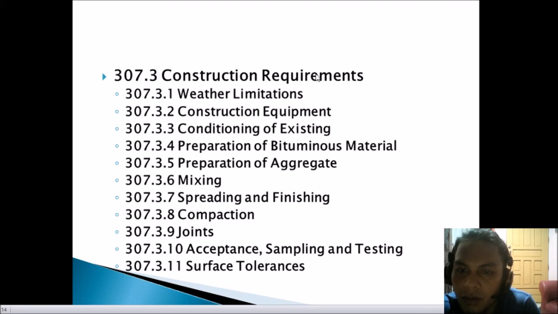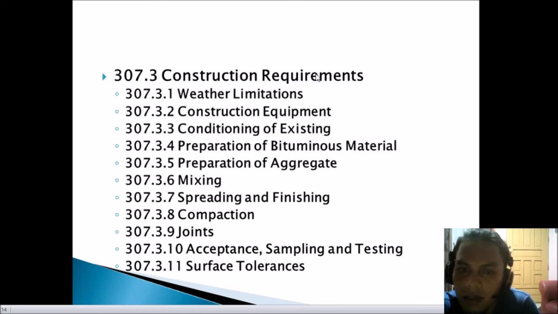Next is the 307.3.4, the preparation of bituminous materials. The bituminous material shall be heated so as to avoid local overheating and providing a continuous supply of the bituminous material to the mixer. So, kailangan din siya pilitin of maayo. So, the mixer shall be required to achieve the kinematic viscosity in the range of 150-300. So, napakita siya. So, between the AASHTO T201. Asphalt cement shall not be used while it is foaming or shall not be heated above.